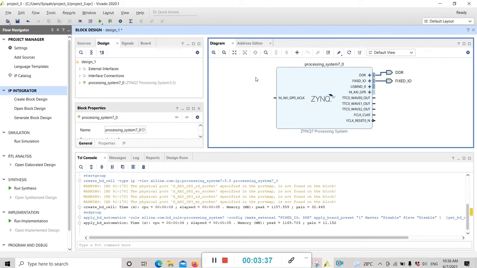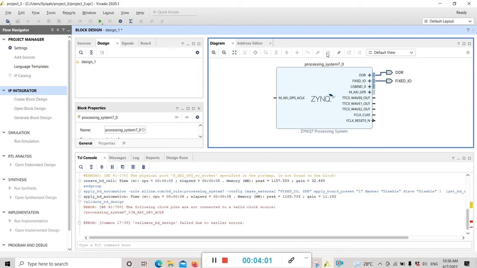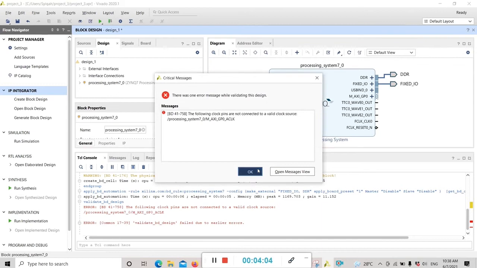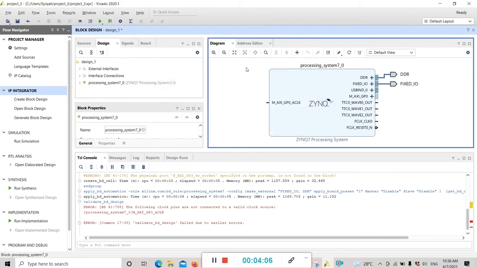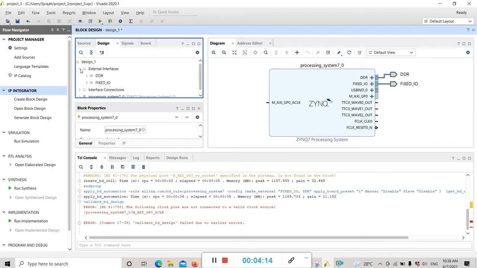So here, after that, we need to do a rules check kind of thing, that there is the icon. There is an icon called validate design. Then we just click on that to validate the design. And then after that, we can proceed to design the